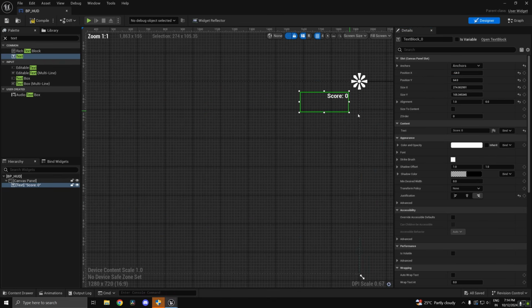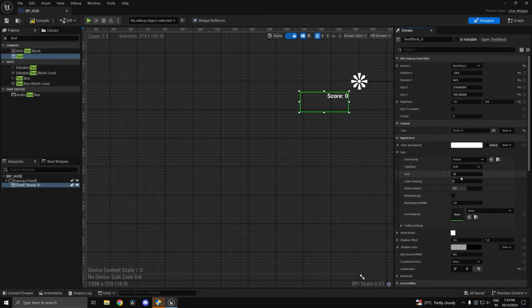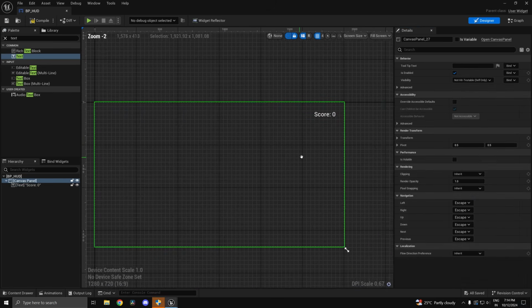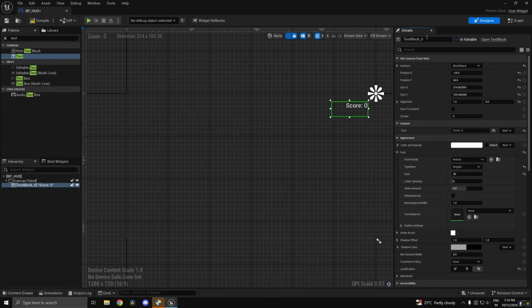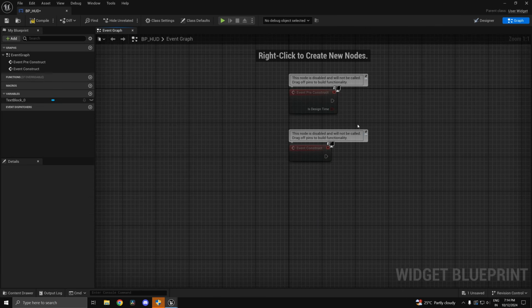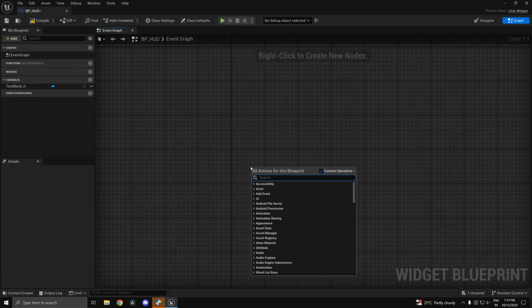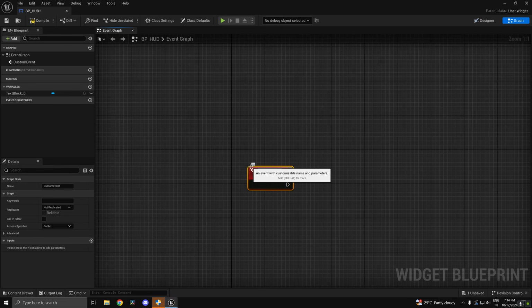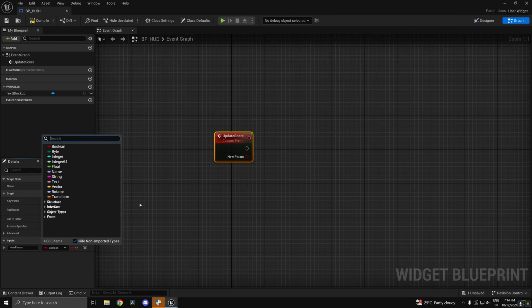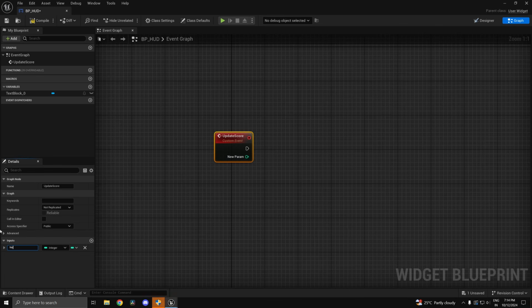Okay, now that we have this, we can increase the font size. Let's say we make this one 45. I guess that will be visible. We'll change the font later if required. For now, we'll just keep track of the score. On construct, we'll not actually do anything. We'll just have a custom event, and we'll call this one update score. Update score is something which we can call. Now over here we can have the new points, so new score,